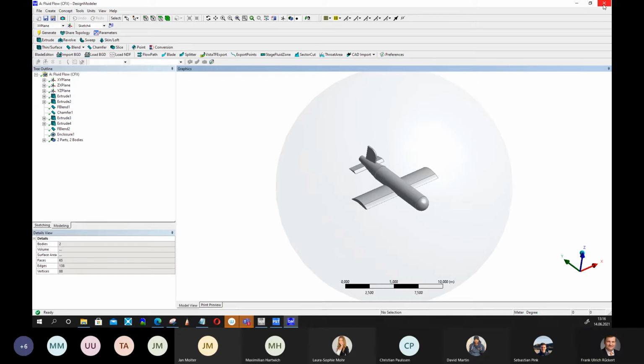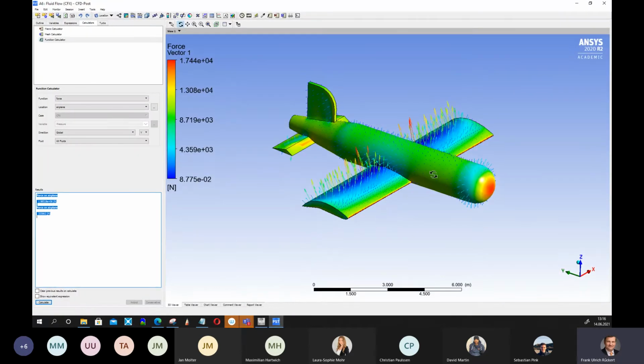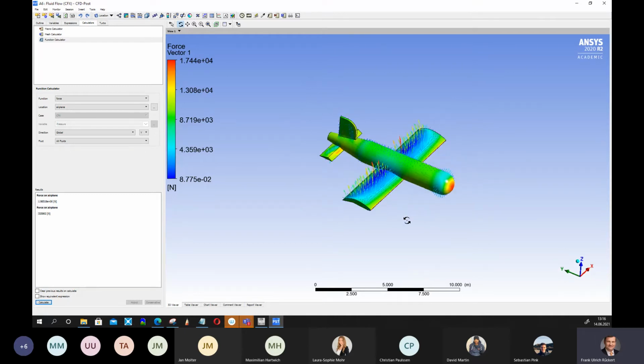No, I don't want to do it. I will make it later. Wait a second, because it will take too long. I will show you how to do it in 1 second. Before I show you how to change the nose again to get better drag force values, I want to show you something that is really nice,